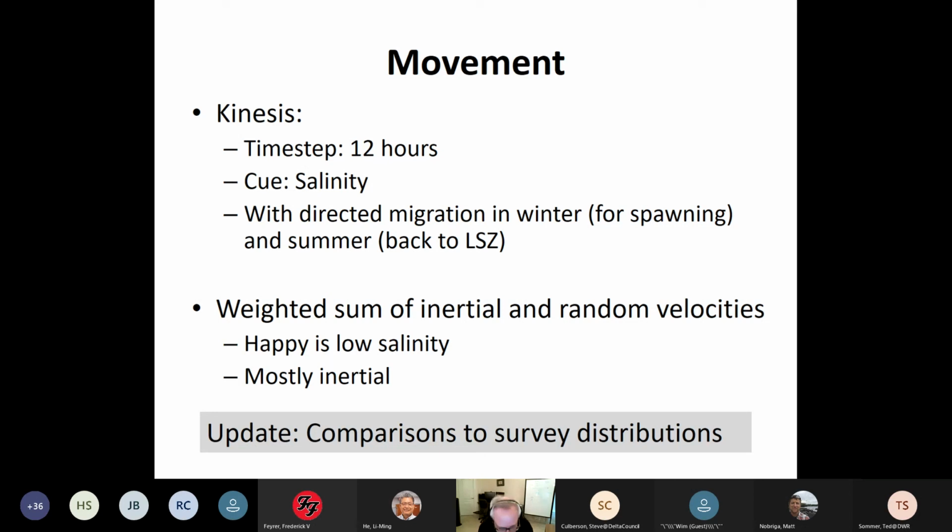The update on here, what we're going to do is do a lot more comparisons to the survey distributions: fall midwater trawl, summer townet, 20 millimeter, and Kodiak, in terms of spatial distributions, and we hadn't done that before, and we're going to do that now. I think I see a lot of questions being asked into the future, and I want to have more confidence that the model is doing a pretty good job spatially, more than I confirmed before, which was pretty qualitative and eyeballing. So I want to make sure that it's doing that.